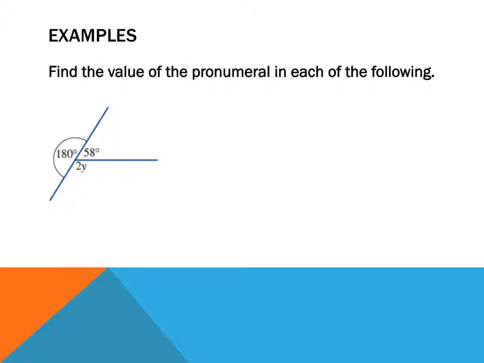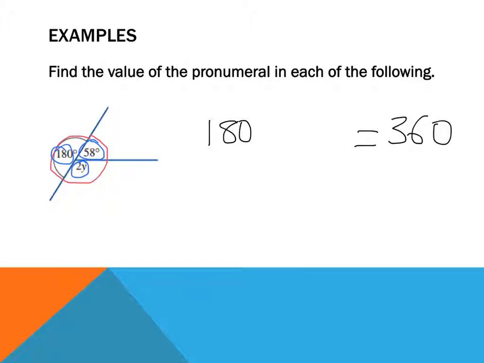So it says find the value of the pronumeral in each of the following. Now I see they have a common point, but I see it pretty much goes all the way around. So I know altogether they must equal 360. What equals 360? Well, that plus that plus that. So 180 plus 58 plus 2y equals 360. Okay, so 180 plus 58, 80, 20 more to get to 200, which leaves me with 38. So 238